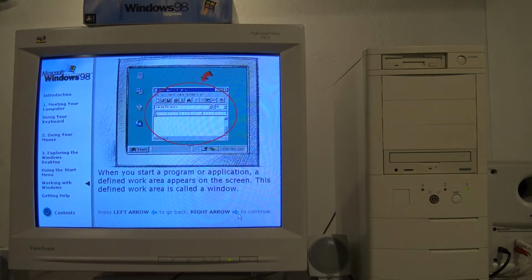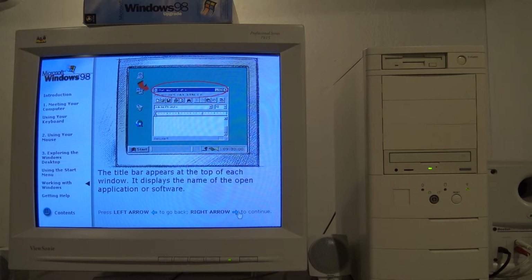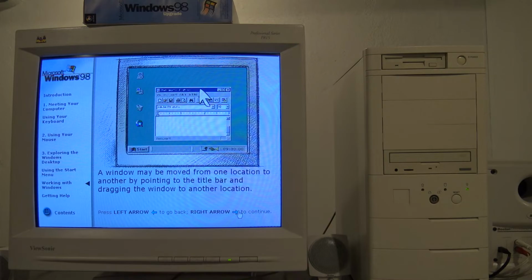When you start a program or application, a defined work area appears on the screen. This defined work area is called a window. A window is a movable, resizable area in which information is displayed and with which you can interact. The title bar appears at the top of each window. It displays the name of the open application or software. A window may be moved from one location to another by pointing to the title bar and dragging the window